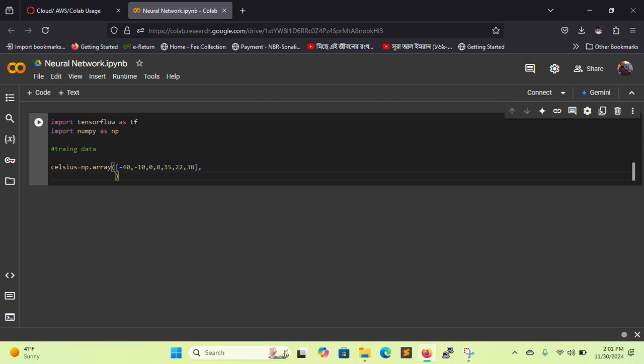Then I will mention the data type float, then Fahrenheit_a equal to np.array, then I will take some values